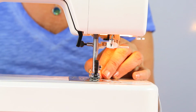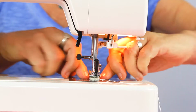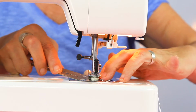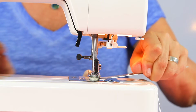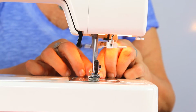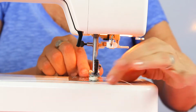I'm going to go backwards just a tad. The beginning is the hardest part because you really want that section to be together. Here we go. I want to make sure you're connecting both ends of rope together,